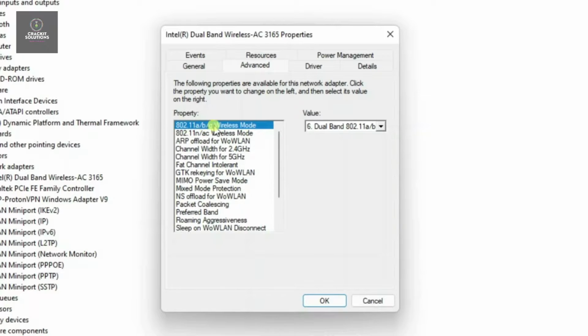802.11a/b/g wireless mode. It's probably the first one, but make sure it's on the 802.11. Go over to the value and click on this little drop down icon and make sure it's set to the best one right here. So I'm just going to click on number 6. It's always the last one that's the best, so I'm going to click on the last one here and then go over to the next one, that is